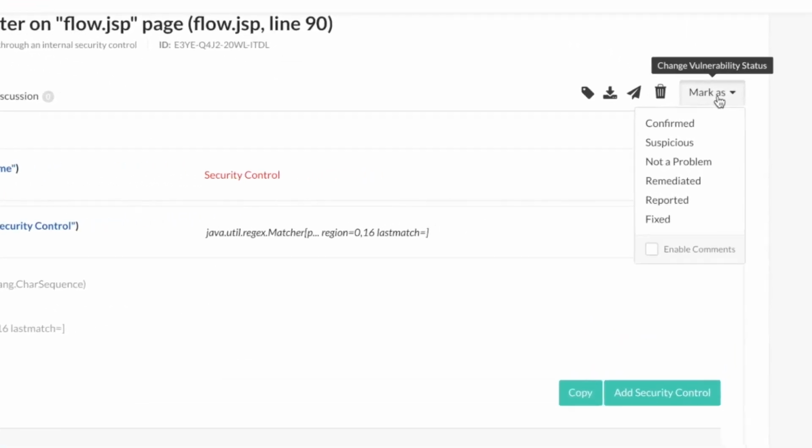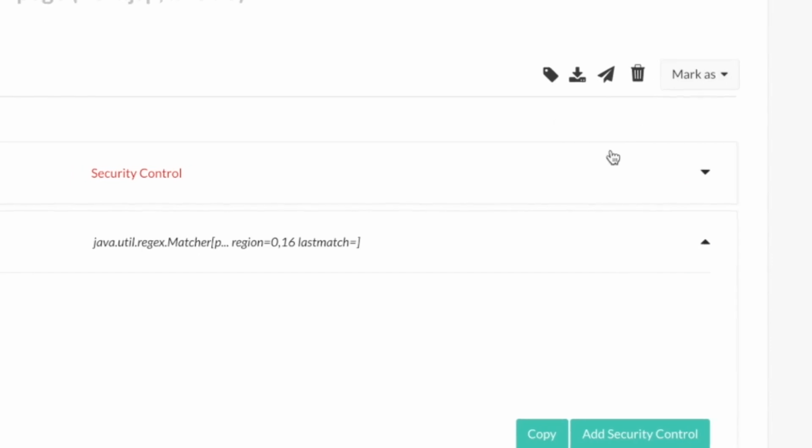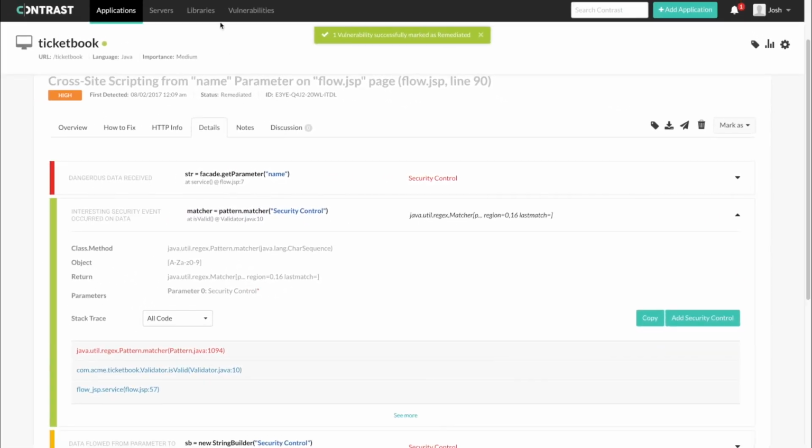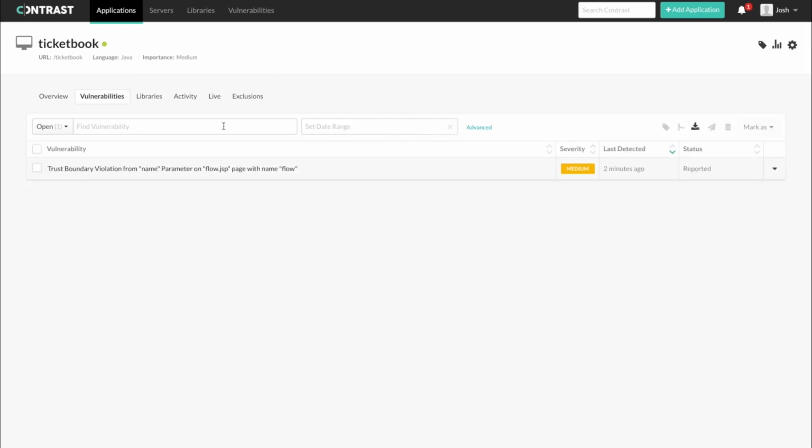Next, we're going to mark this vulnerability as remediated so that the vulnerability is considered closed unless it shows up again. Now, when we head back to our vulnerabilities, we'll see that we have one open vulnerability and the other one is marked remediated. Looking at only the open vulnerabilities,